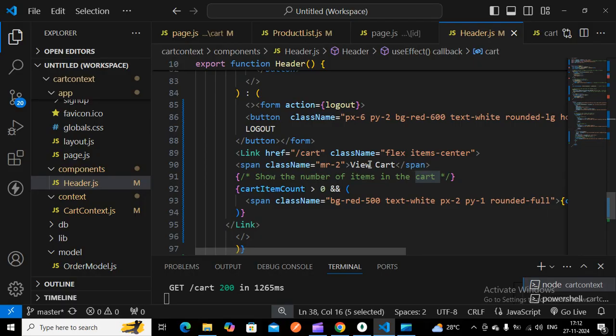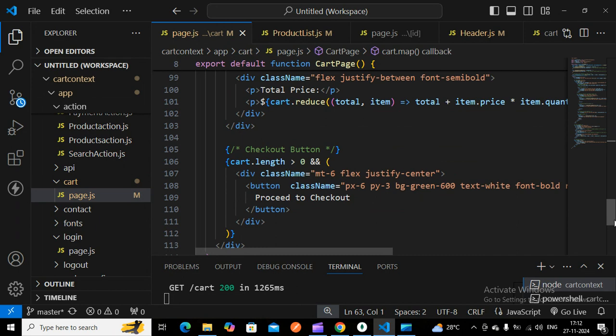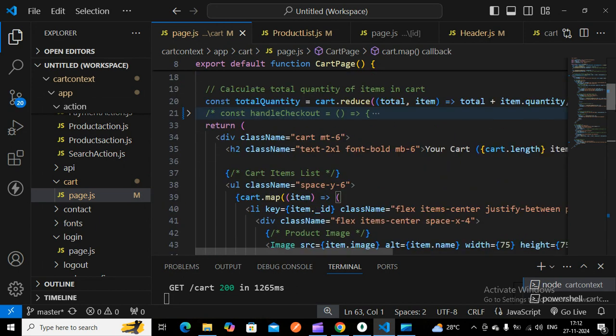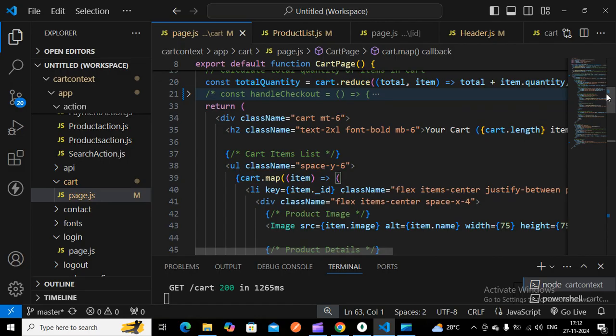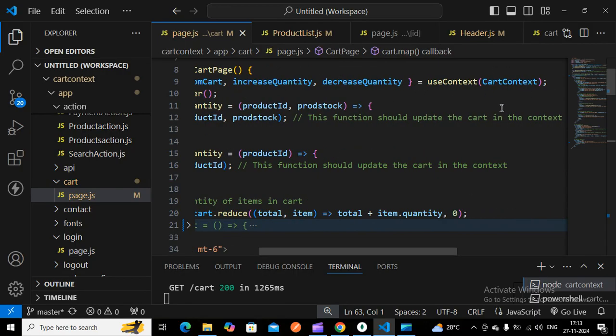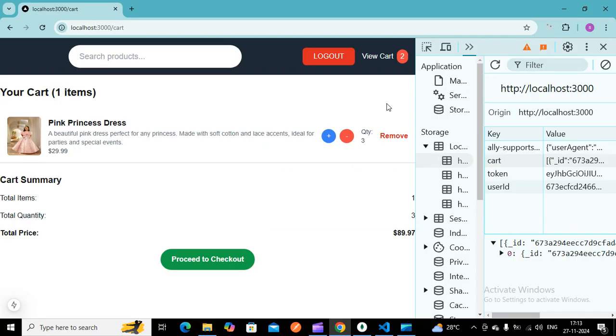Once I click this view cart, it goes to the cart page. In the cart page you will be seeing the increase quantity, decrease quantity, remove from cart, how we can display the images, and how to calculate the total quantity. All these functions are written in the cart context page. So this is all about displaying the total count and the cart page.